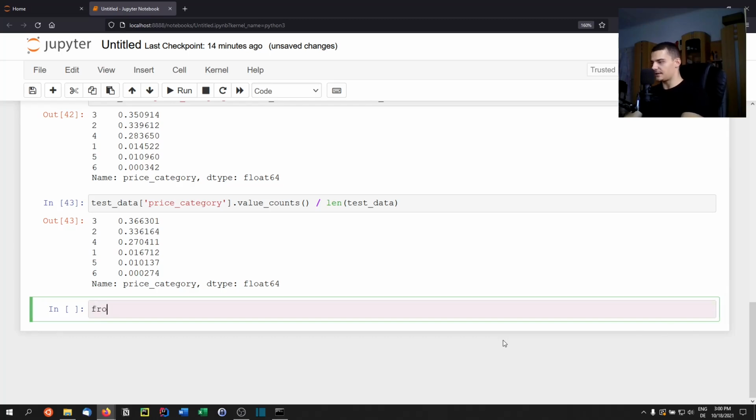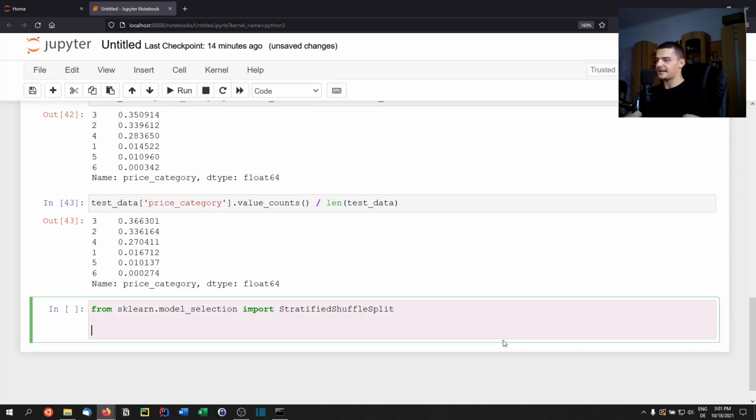And for this, we're going to say from sklearn.model_selection, we're going to import the StratifiedShuffleSplit. And this is a class now. This is not a function, so we need to create an object. We're going to say split equals